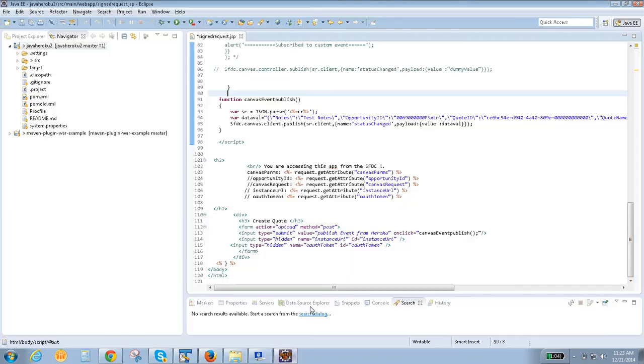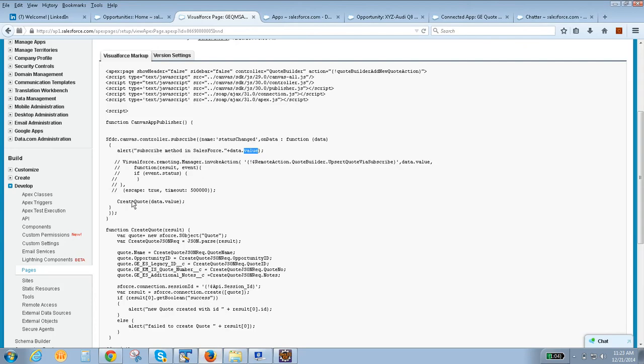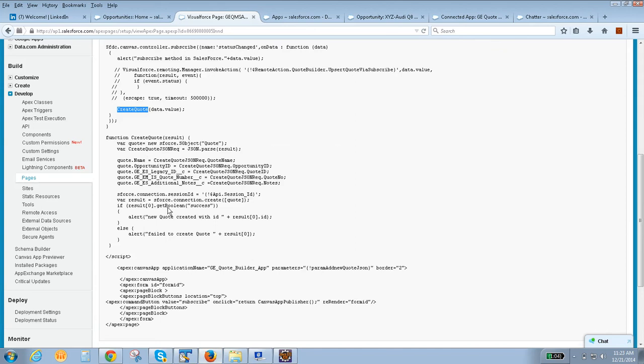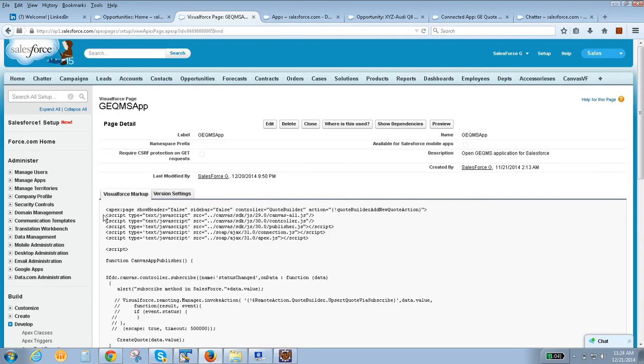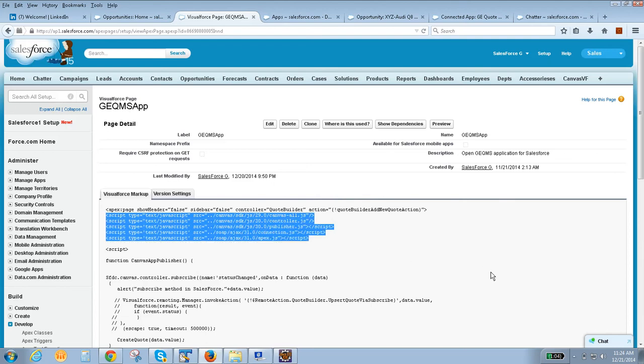Here I am taking data.value. Value is nothing but a JSON, right? So here I am mentioning value as a key. The same value I am taking over here and passing that JSON. I am calling this Ajax toolkit, where I am creating the code, and by using the connection and create, I am creating the code. This is how we can interchange the data between two systems. For doing this, make sure we include all these JavaScript libraries for supporting purposes. Clear? Any doubt?